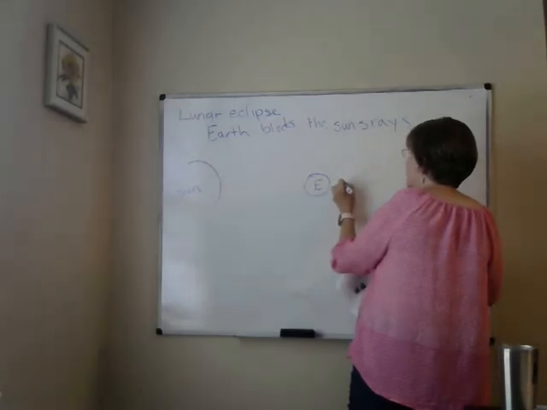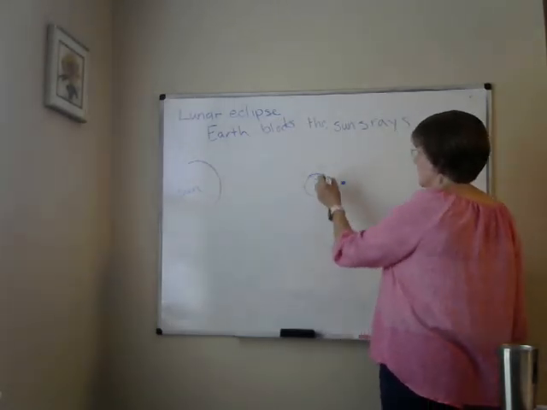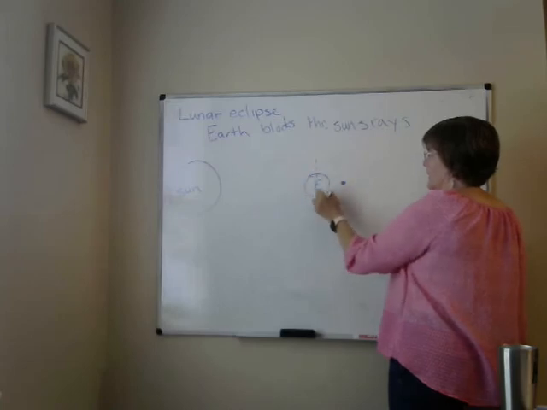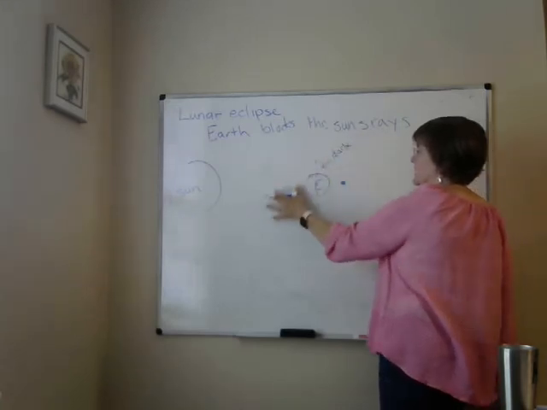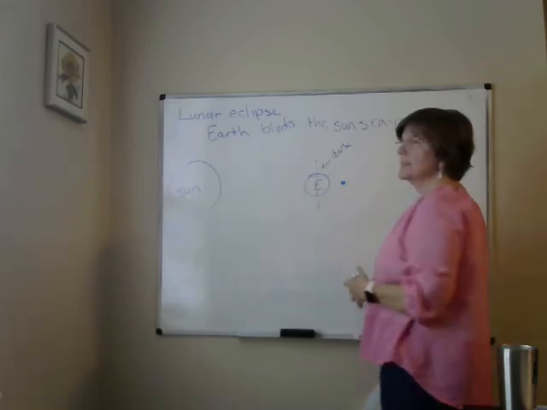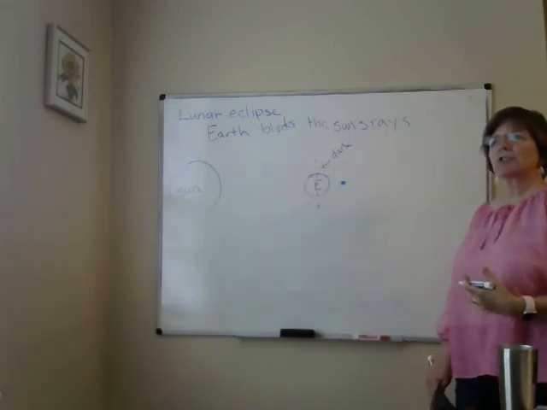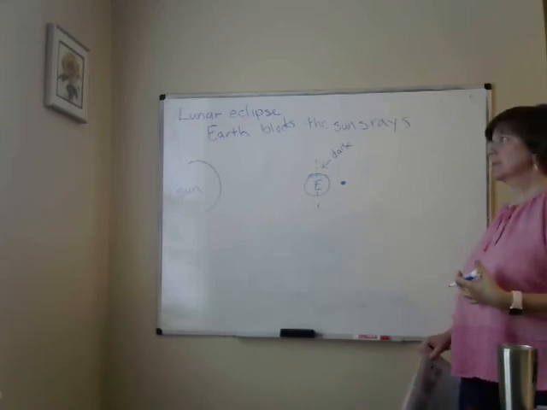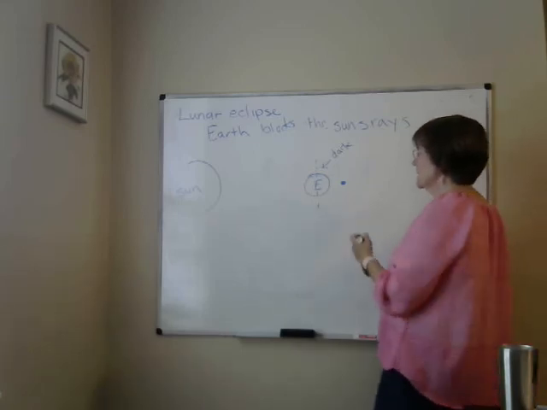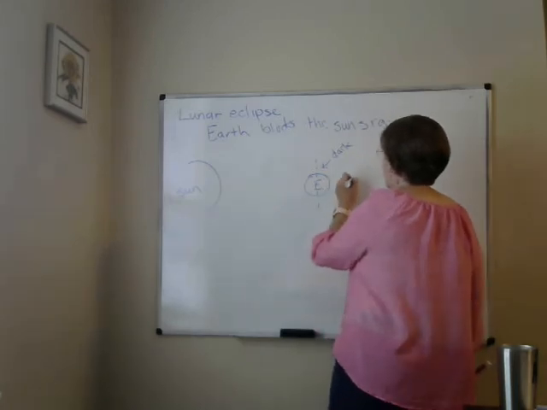Now the moon is pretty small. And obviously this side, if we think about it, is the dark side of the earth. They're having night. This is the daytime side. We only see the moon at night because the sunlight is so bright, we can't see the moon during the daytime. But we can see that the sun's rays, no matter where we draw them,